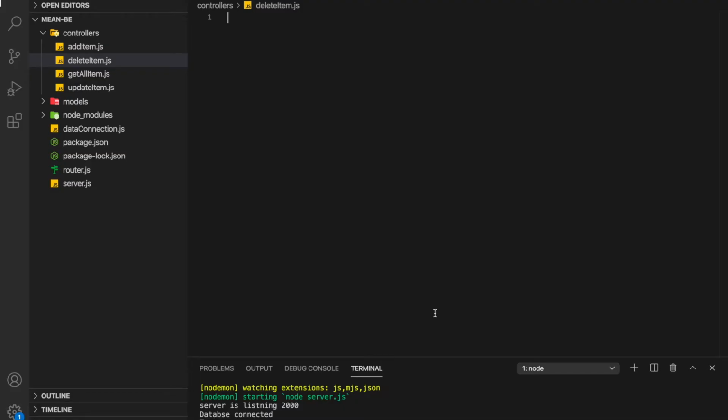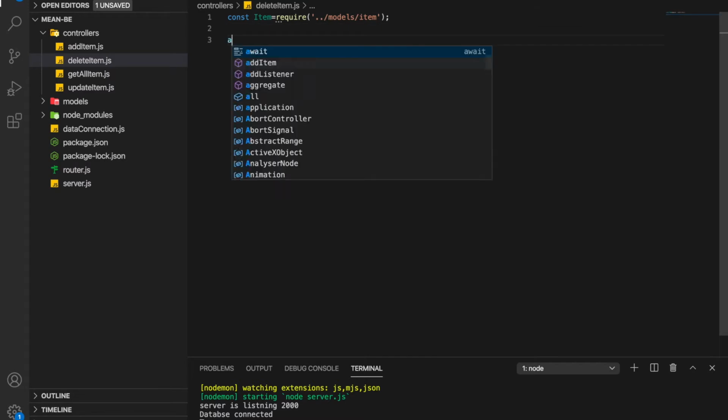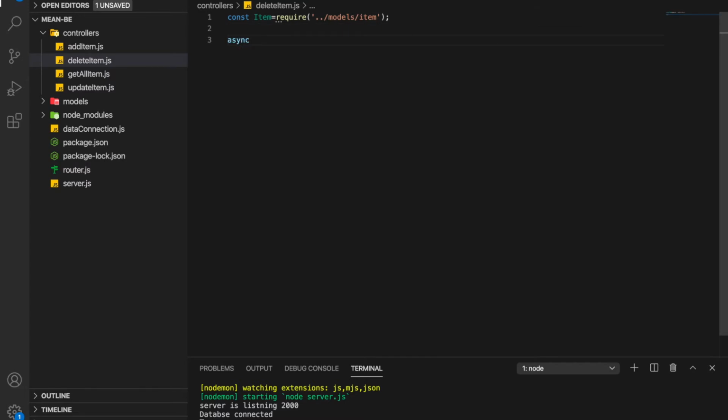In this video we are going to add the controller which will be for deleting the items. So first let's import this item modules. Second thing, add the controller function. So let's give a name,